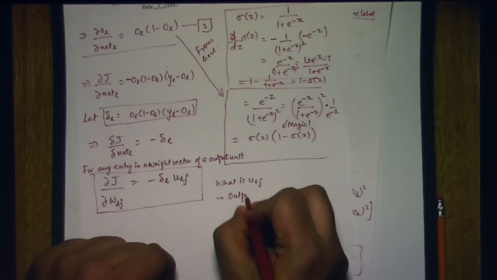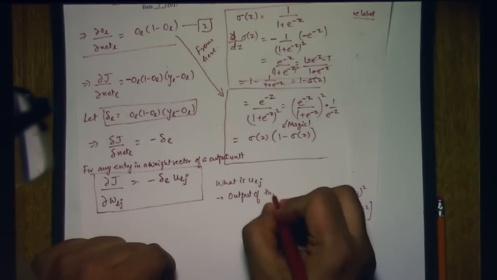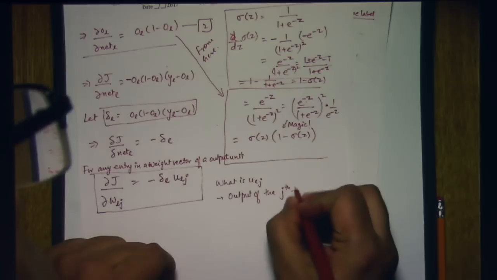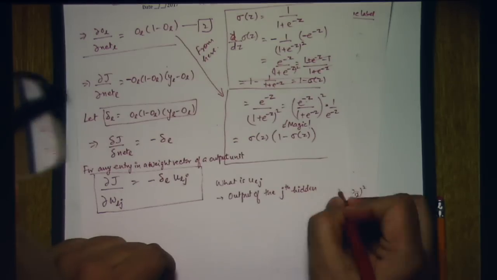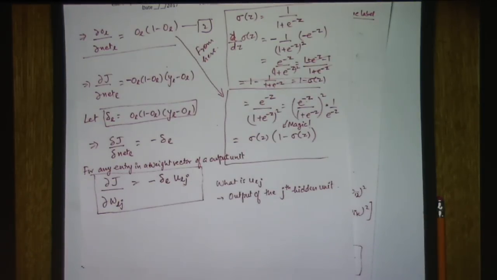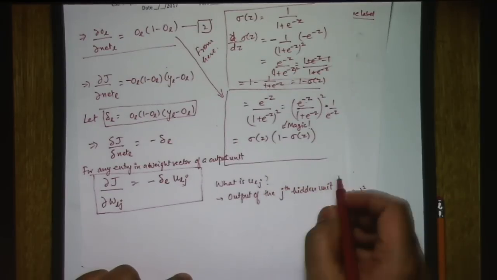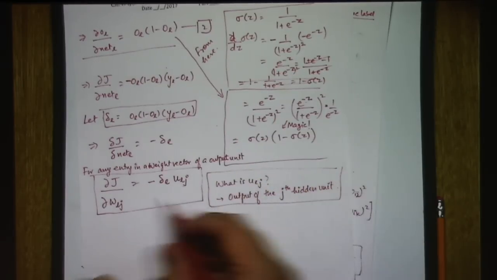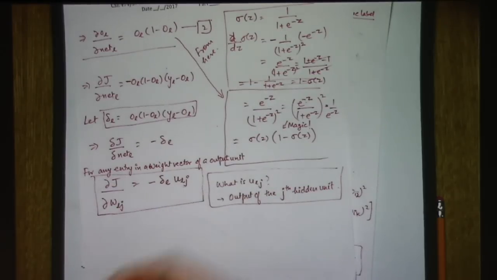Output of the jth hidden unit, because that is what comes to every output unit. So now we know how to compute the partial derivative of J with respect to every element in any weight vector inside the output unit. All right. Now we have to look at